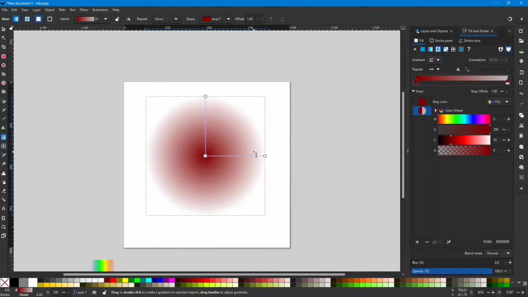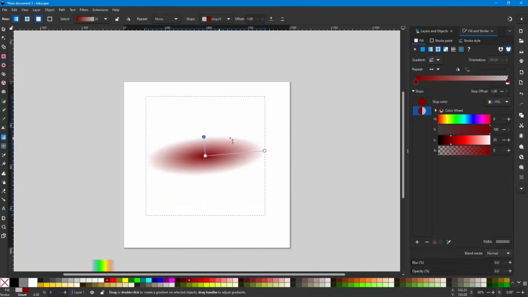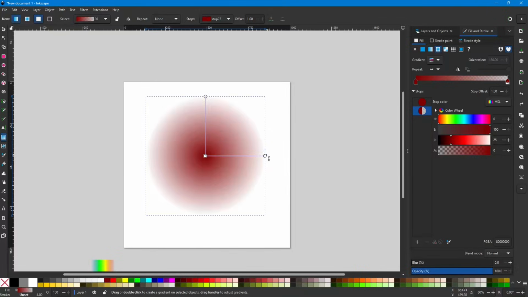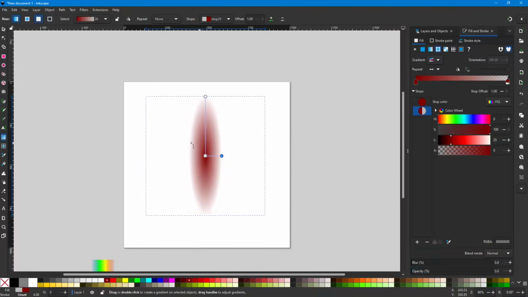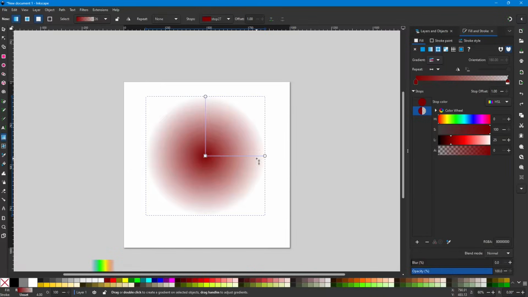You can make this an ellipse by just moving one of these round ones. So if you drag this down, it turns it into an ellipse or an oval, depending on what you want to call it. And if you move this one, it'll do the same thing. It just squeezes it the other direction. So I'm going to hit Control Z so that I get my full circle. And this one actually allows you to move that center point of the gradient. So let's